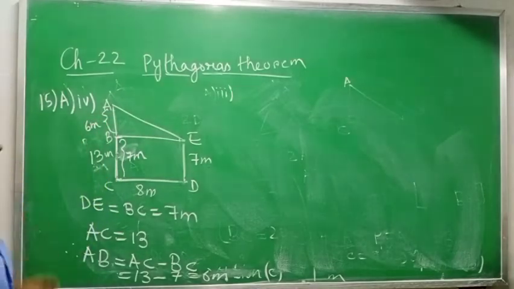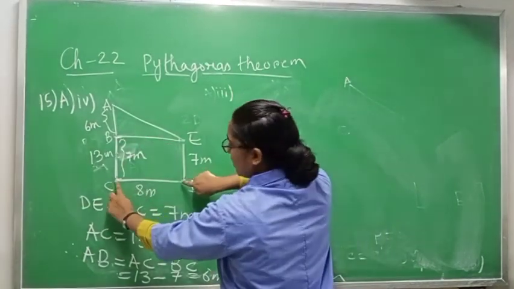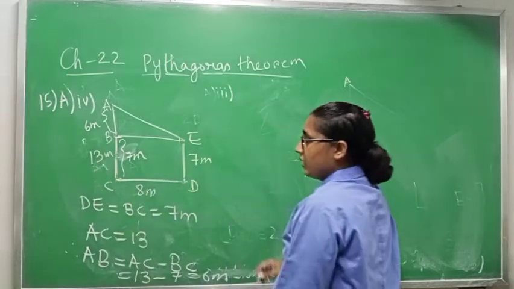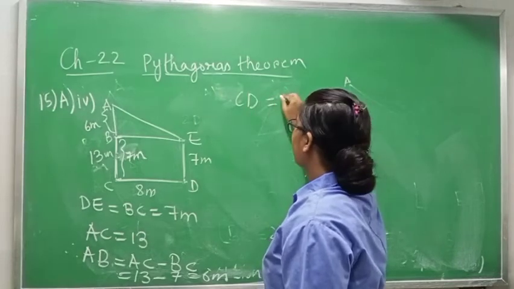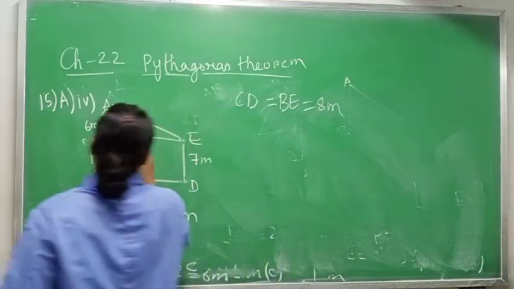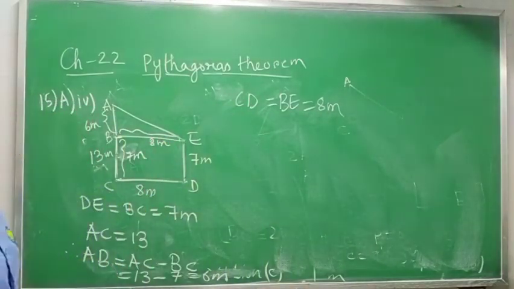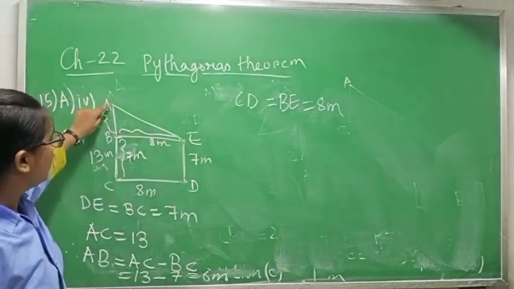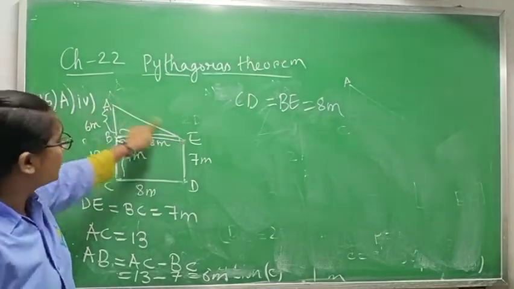Okay, understood? Now CD and DE both are same. Now you can see this, it will go like this, length and this length are equal. It means that what you will write, CD equals DE equals 8 meter. It means that this part is equal to 8 meter. Okay. Now they are asking the distance between the top of two rods. This is the top of first rod and this one is the top of second rod. Means they are asking this one.